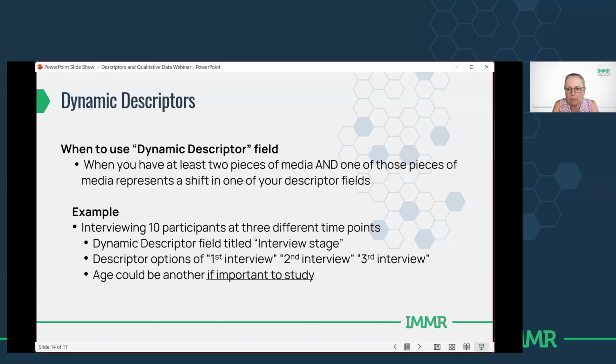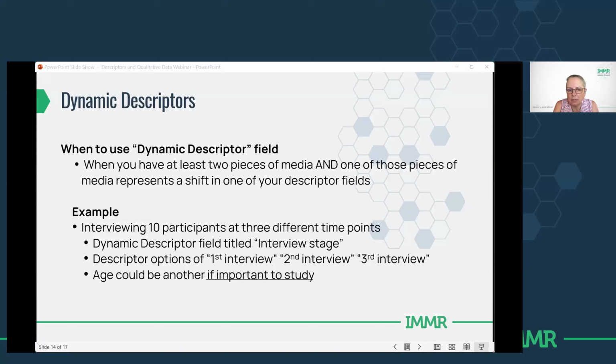Another creative way I've seen people use dynamic descriptors is through a process. So for example, looking at people trying to become citizens in the US, they go through different stages. So any data that you collected about their application would be put with their profile, but attached to a dynamic descriptor stage: application.